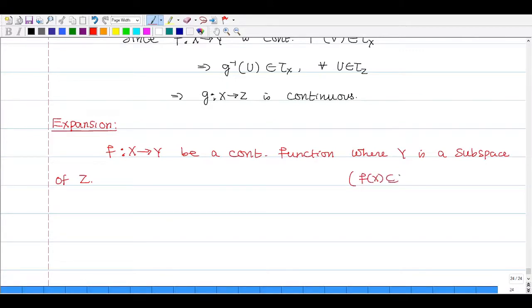Y ல இருக்கு, and Y வந்து யாரோட சப்செட்? Z ஓட சப்செட்டா இருக்கு. Then the mapping